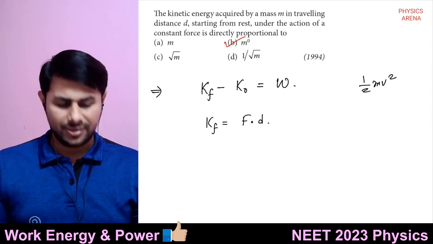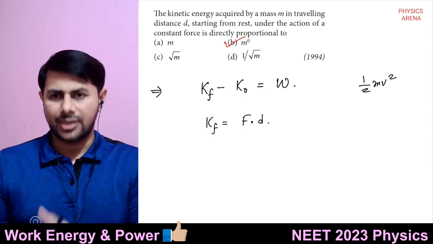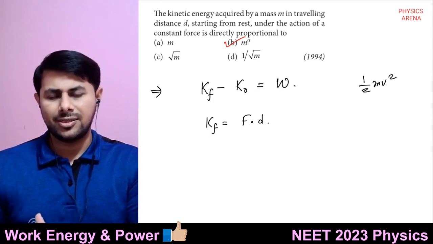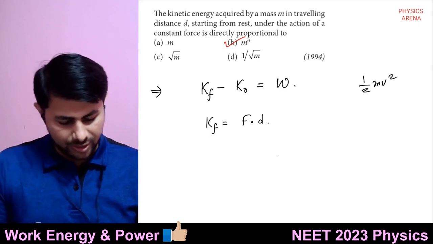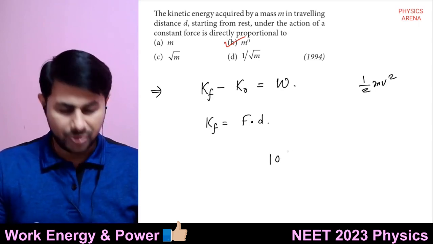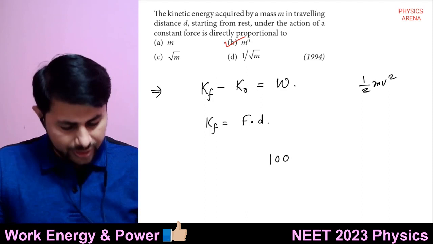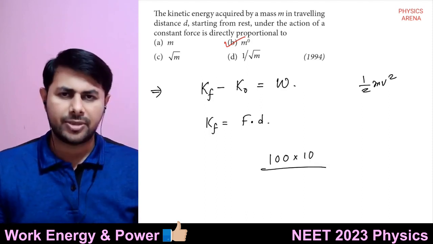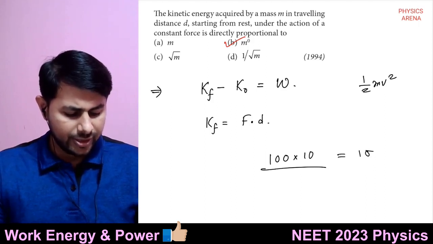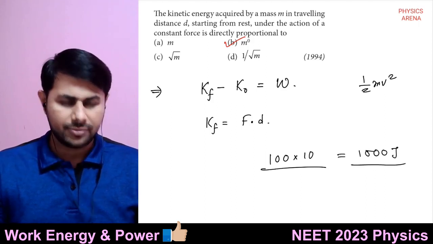Whatever is the mass, the force is 100 newtons, displacement is 10. If you push that object starting from rest with a force of 100 Newton and give a displacement of 10,